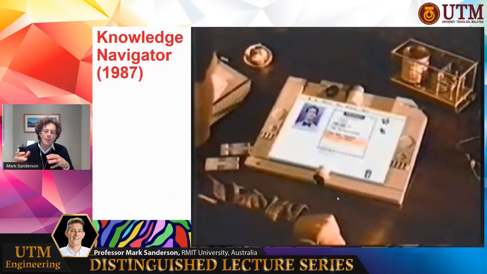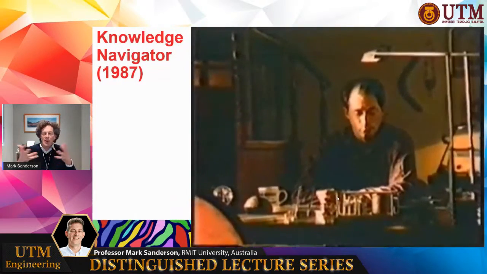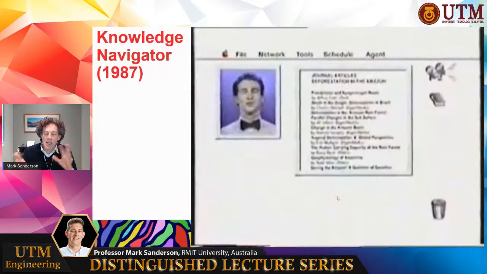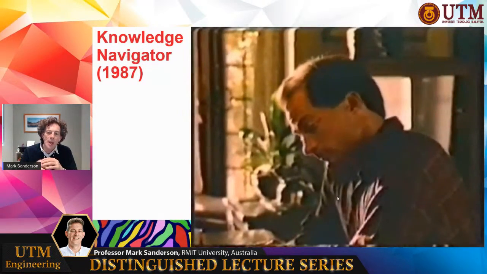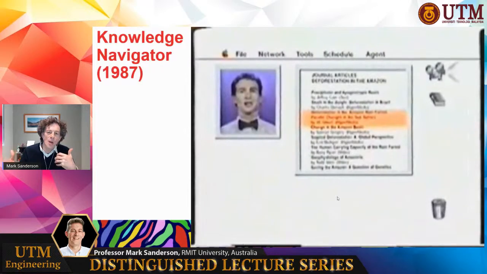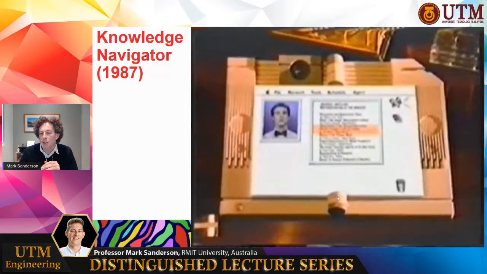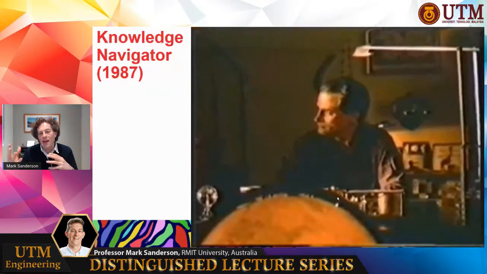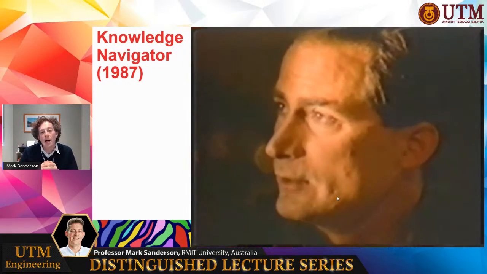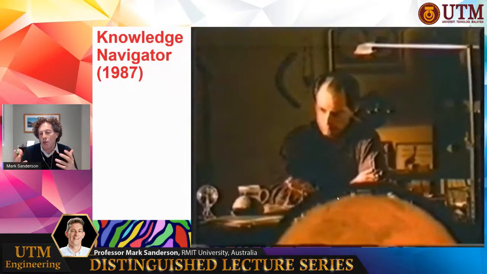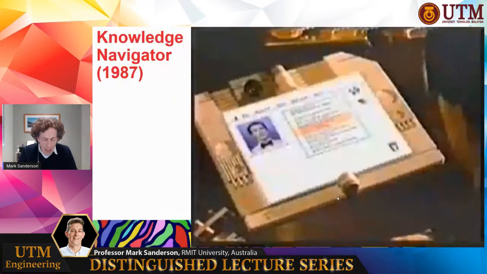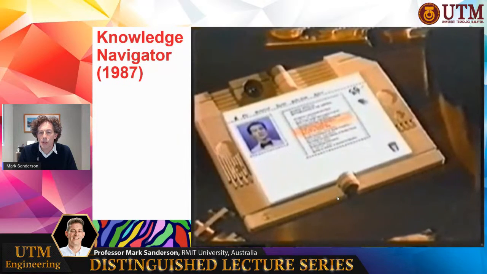That he'd forgotten about. And one of the key things that you get with this system from this video, and I realize this is a terrible quality video, we're looking at a digitization of an old VHS tape, but this is the best quality that I could find on YouTube. But what he does is he actually has a conversation with the computer. And the reason he has a conversation is because his questions are more complex than what's the capital of Australia. He needs more complex answers. And in order for those answers to be found, the machine needs to interact with him. And he needs to provide additional information in order to achieve the goal of finding this complex answer